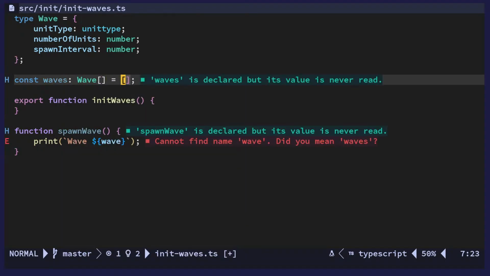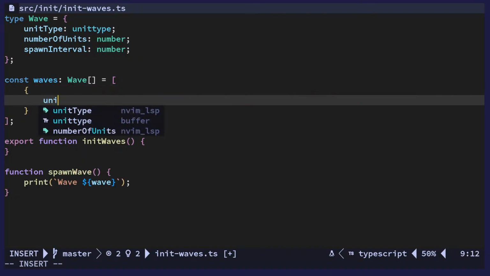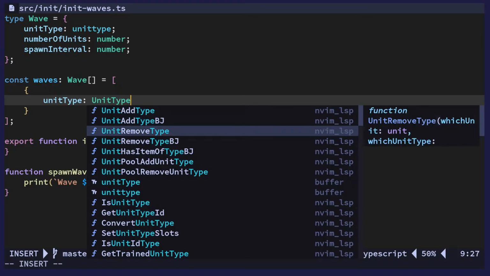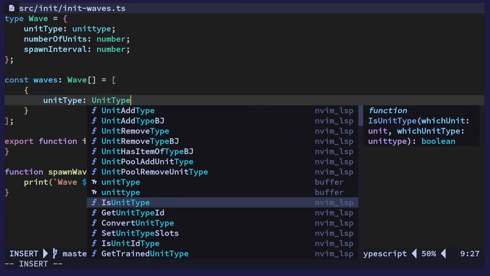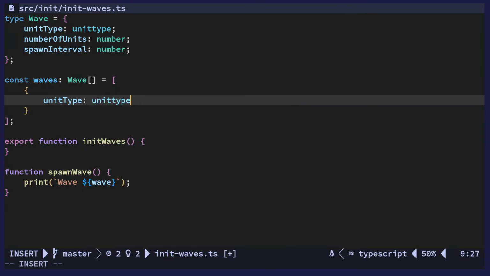It's just an array of waves. We have one wave, unit type. Oh shit. I guess unit type. Wait. Get unit type ID. No. I want to get the unit type from